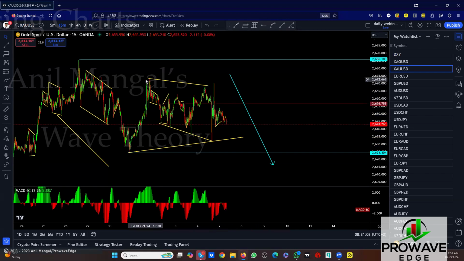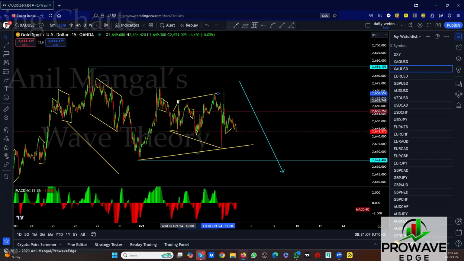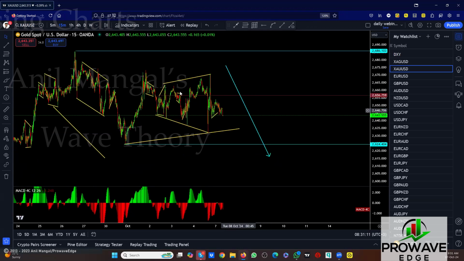Is it this one, or are we still in the consolidation? Because you can actually look at this as some kind of an expanding flat here. I wouldn't be surprised if it is. Right, which means we will still be coming down for this one. We could still come down here and still go back up, right? Depending on how you want to look at it. But you could also look at this now as 1, 2, 3 for a contracting flat.